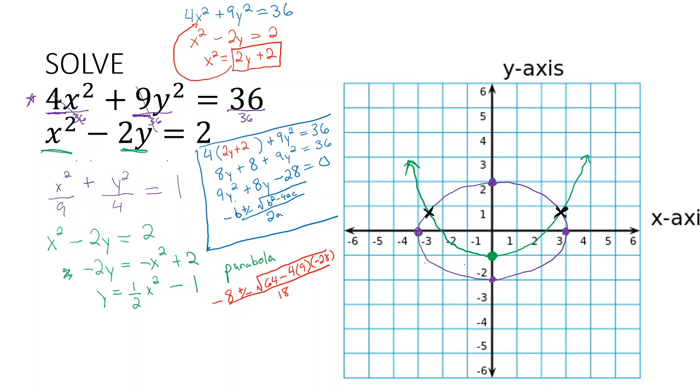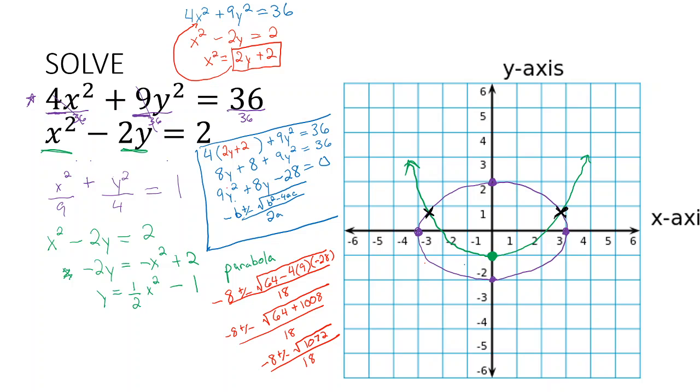So now I get out my calculator, and I'm going to do 4 times 9 times negative 28. And I get negative 1,000 and, oh, excuse me, that's negative 4. So that should be 64 plus 1,008 under the radicand. Negative 8 plus or minus all over 18. So 1,008 plus 64, 1072. So negative 8 plus or minus